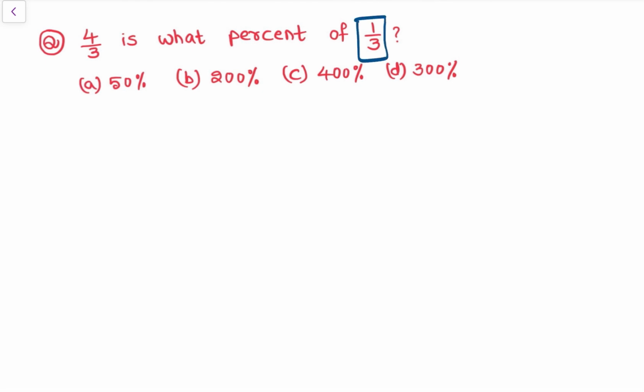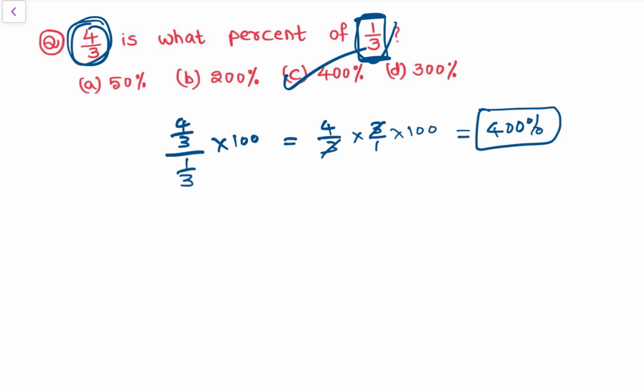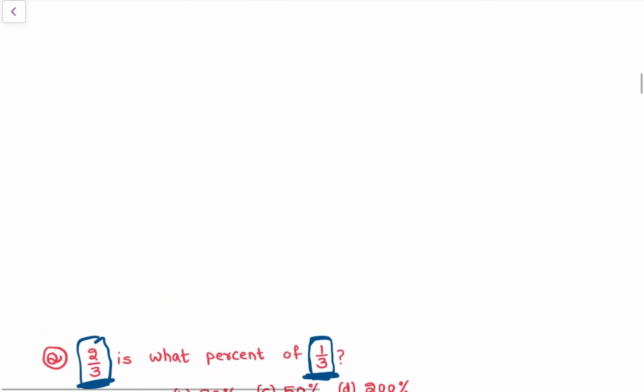So now 4/3 is what percent of 1/3? So 1/3 is the original or total. So 4/3 is what percent? So that is 4/3 divided by 1/3 into 100, ठीक है। So that is 4/3. So 1/3 ऊपर आएगा, so that would be 3/1 into 100. So 3 gets cancelled, so that would be 400%. So 4/3 is 400% of 1/3, ठीक है।